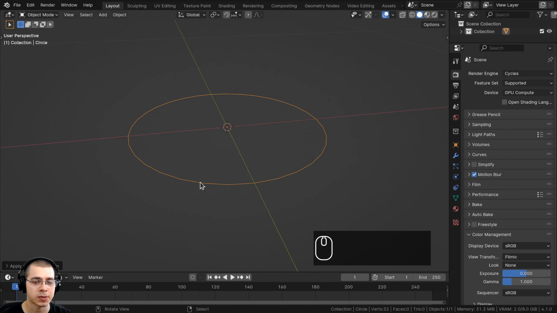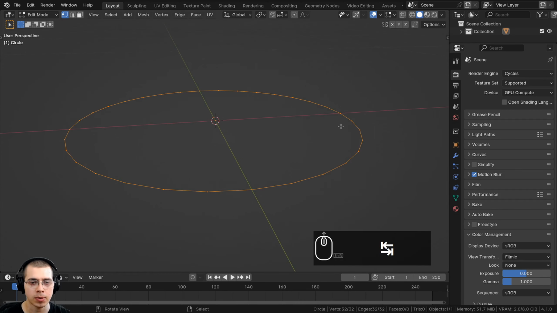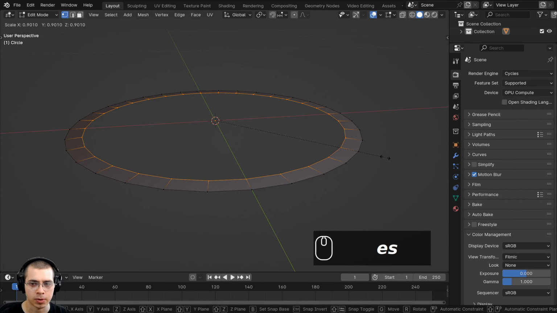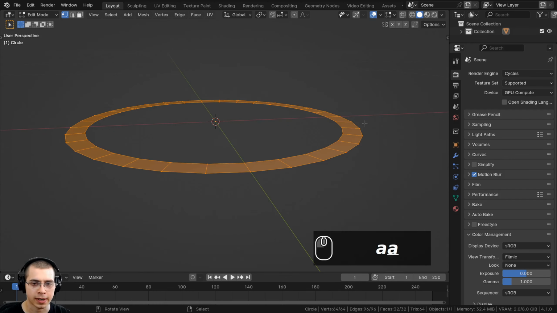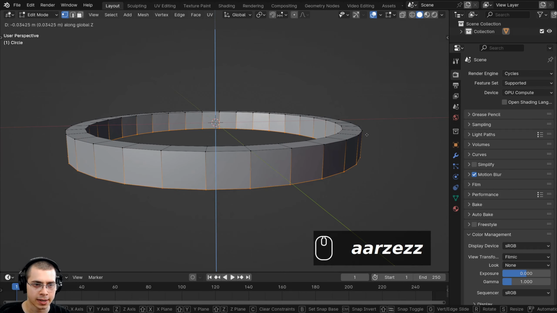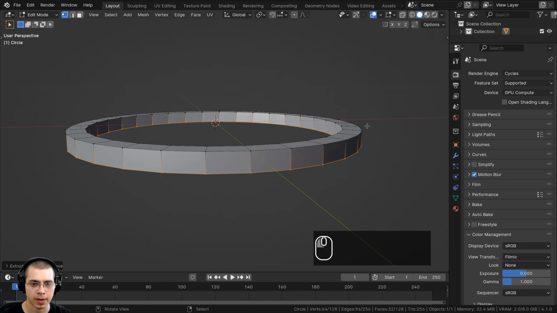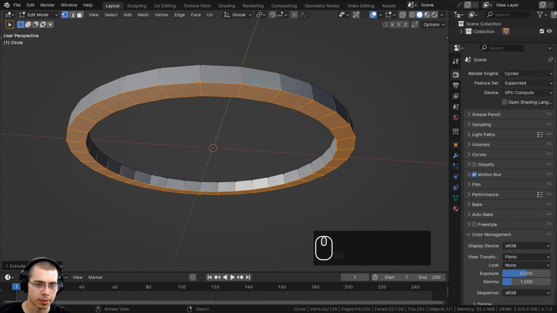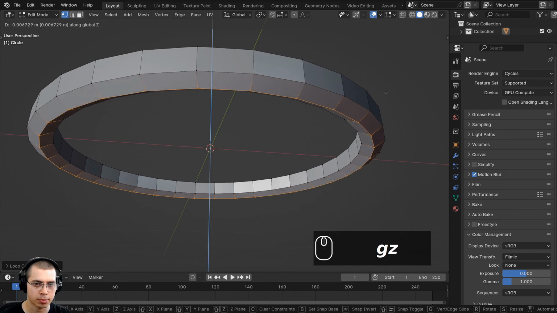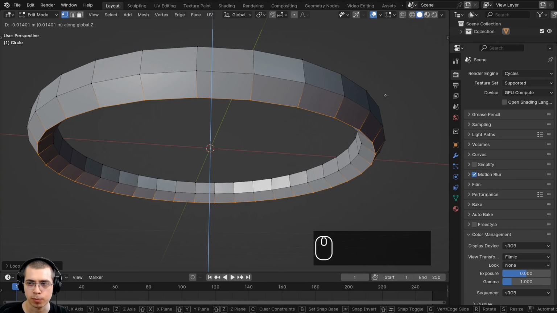So I'm going to be using this circle to model that torus part which is going to rotate around. So I'll go into edit mode and I want to make it thicker. So I'll hit E to extrude and then S to scale, and we're going to make that a bit thick like that. Then I can select everything and we're going to extrude everything down. So extrude everything on the Z axis and just bring it down about there. Then I'm going to add a loop cut in the bottom here by pressing Ctrl R. I can move my mouse here and left click and right click so it stays in the center, and I'll hit G to grab and bring it down on the Z axis and make it kind of pointy.